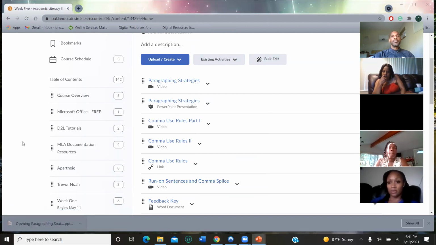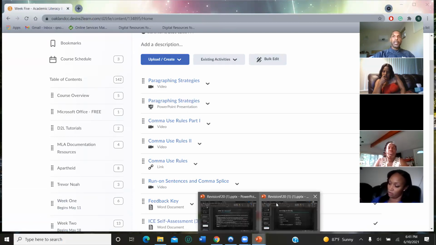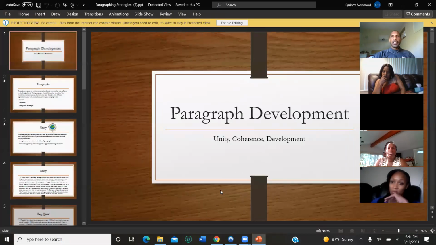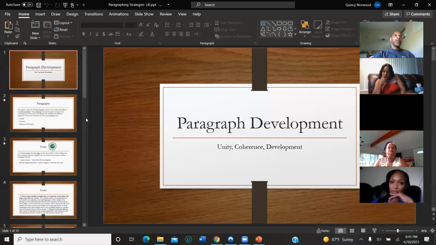Unity, coherence, development. Forget everything that you learned about 5 sentences, 6 sentences, whatever. If somebody asks you how long a paragraph should be, tell them paragraphs don't have a specific length. Tell them they should be unified, coherent, and developed.